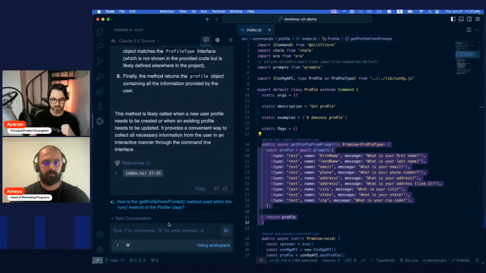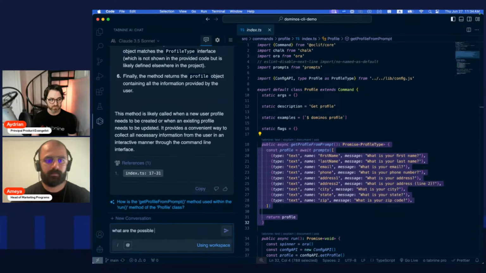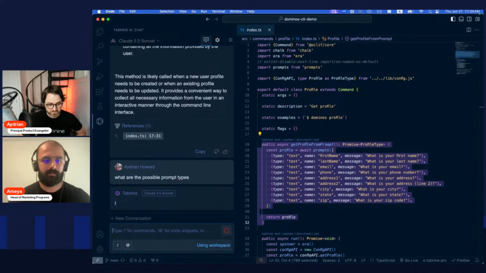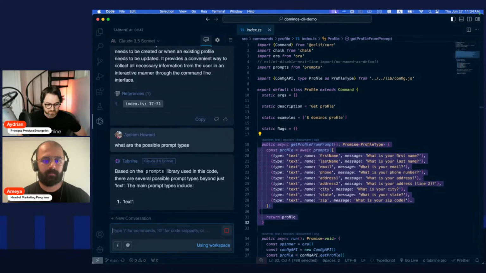So that's great. So we know we need to change this, but I don't know what types are possible. So I'm just going to say, what are the possible prompt types? Okay.